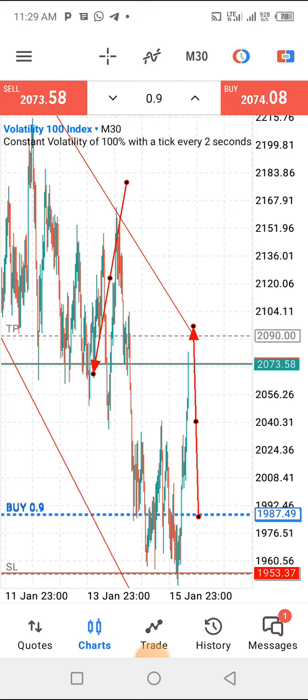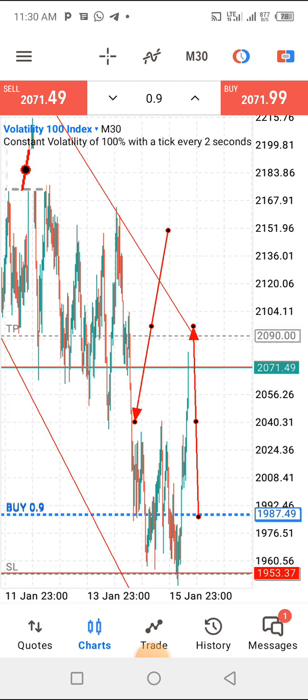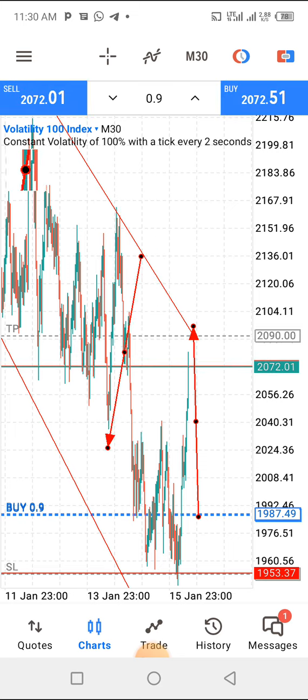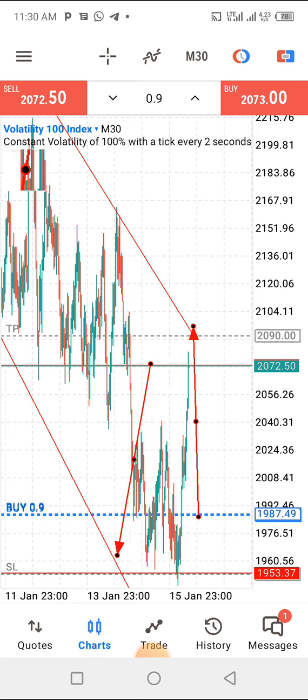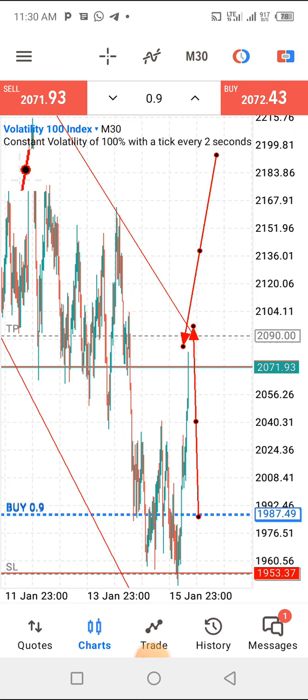Sorry, where to place your support zone and your resistance zone, where you're actually expecting a reversal. So now you have to know where you put your support zone and resistance zone, and actually have what we call a place of interest. You can call this particular spot a place of interest, because you're expecting the market to get down here, give you a reversal that will push the market back up to this point. And here is also your place of interest, because you're expecting the market to get back to this trend line before it